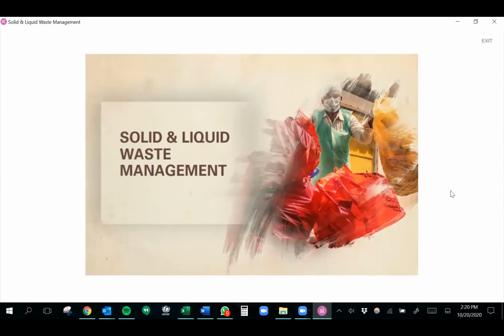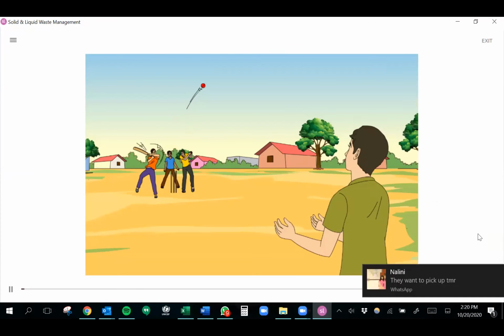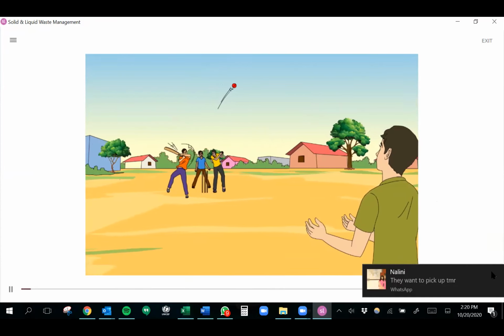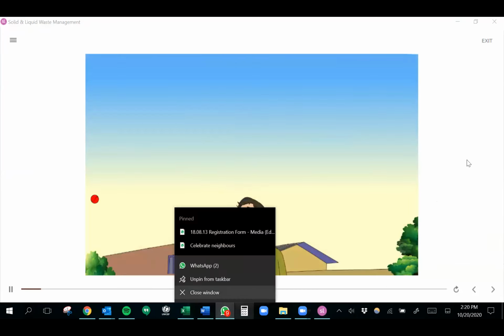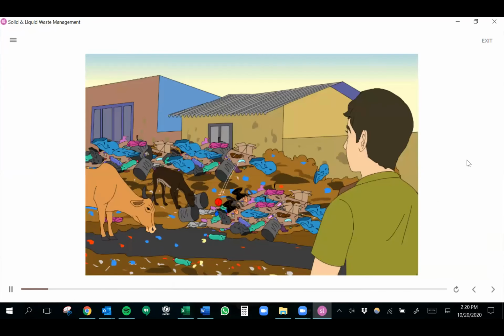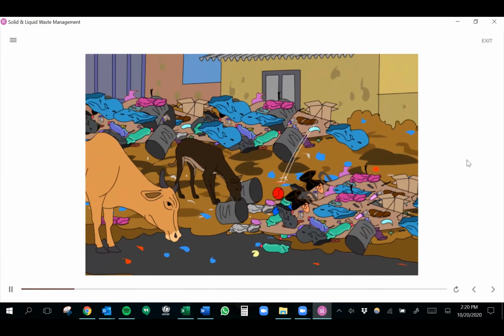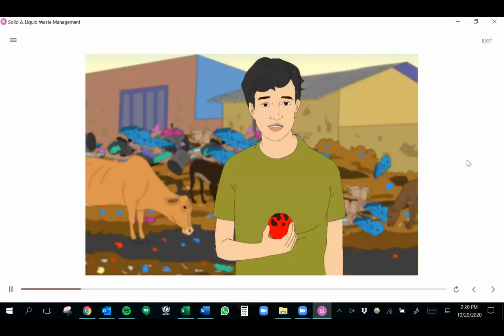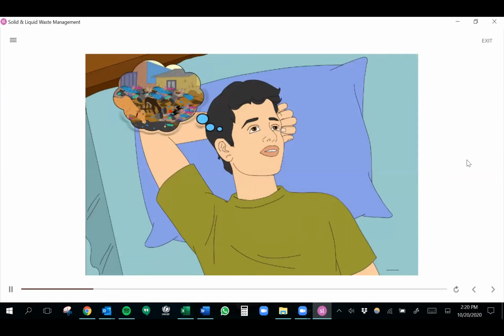Welcome to the Solid and Liquid Waste Management course. Select Launch to begin. It was a pleasant afternoon. Sunil was playing cricket with his friends in the central ground. His friend Shamu took the shot and hit the ball out of the ground. Sunil was at the outer fielding area. He went outside to get the ball. The ball landed in the ditch outside the ground. He was quite shocked to see this area. It was filthy and stinky, and he wondered why he didn't notice it earlier. He somehow managed to take the ball from the ditch. But this sight remained with him. He thought about it the entire night and couldn't sleep.